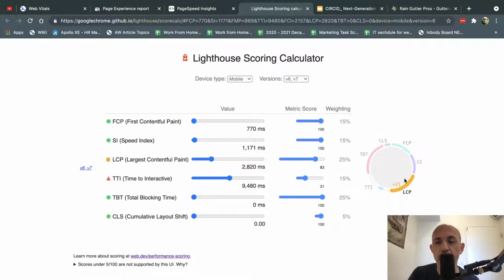Now, if you notice, LCP has a maximum of these numbers. So you'll be able to see which ones you might want to improve more and then play with it. Your developer needs to give you difficulty and time, because in some cases changing your code could be a big effort, in some cases it's not. So for example, preloading of fonts, preloading of your major big banner, those are typically very easy and give the highest value. And we'll make more and more videos for a lot of these things.